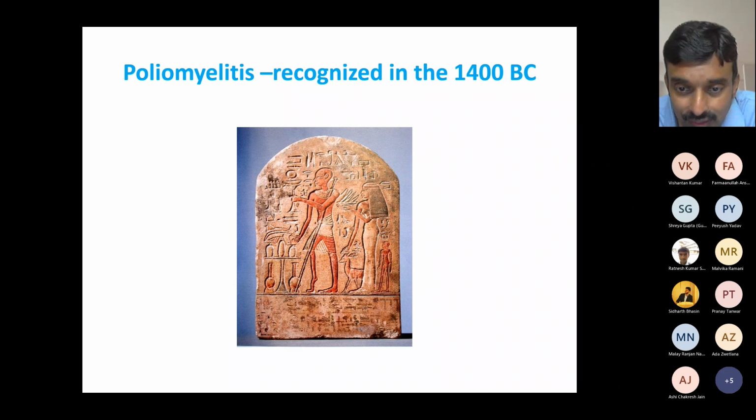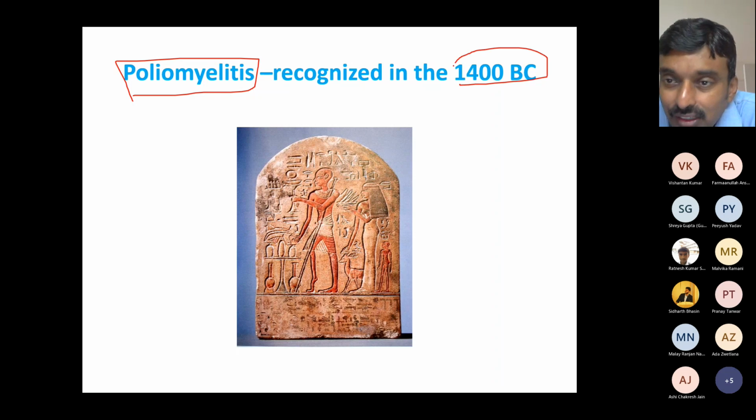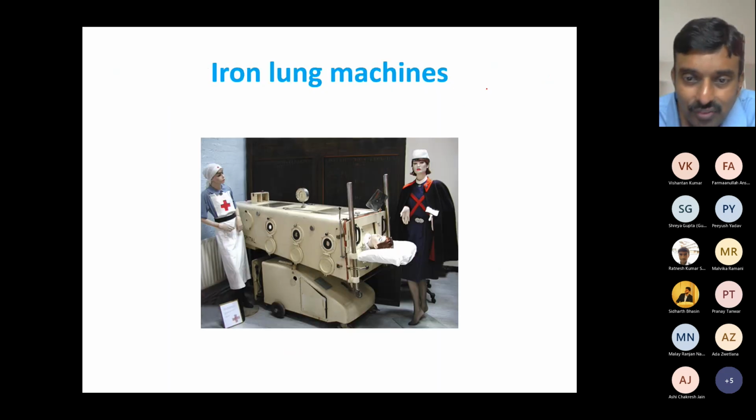That's poliomyelitis. And it is not a disease of this century or anything. This is an Egyptian stele that dates back to 1400 BC, and you can see a withered leg in this individual, which is exactly the symptom of poliomyelitis, the spinal form of poliomyelitis. So it's not a new disease. We know that it's been there for a while.